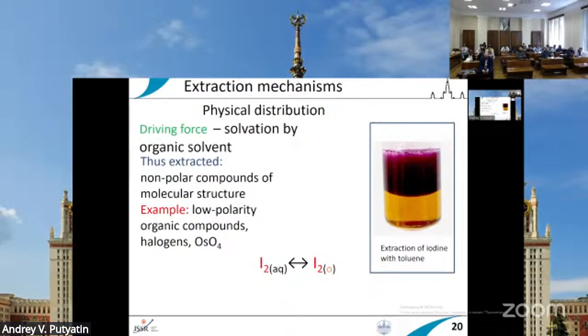But if we put it in contact with any organic substance, toluene, some aliphatic hydrocarbons and so on, this organic phase very fast becomes purple. It's because iodine comes to this organic phase. It's a very colorful example of solvent extraction that goes by physical distribution, but it's also important because by such kind of things,